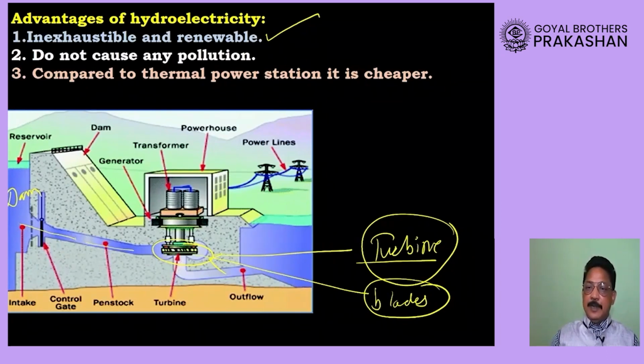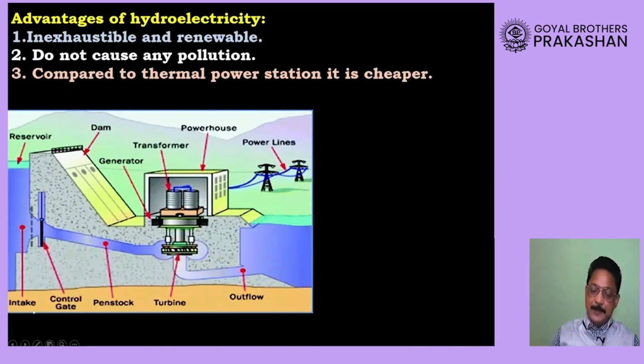That means rainfall will keep on occurring. We can keep on making dams. We can keep on using this water to generate electricity. Therefore, just like solar energy, it is also inexhaustible, and you can keep on producing this electricity. So it is renewable. Now students, when this water will flow from a dam, and when it will make the turbine move, the water will flow away into a river.